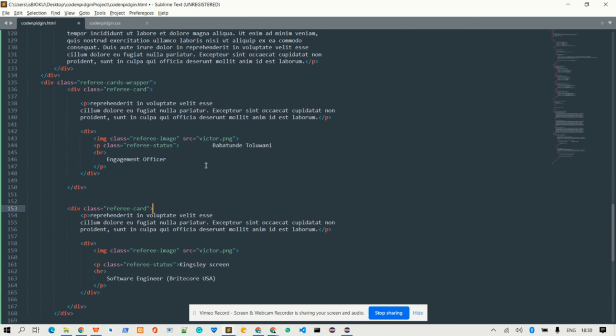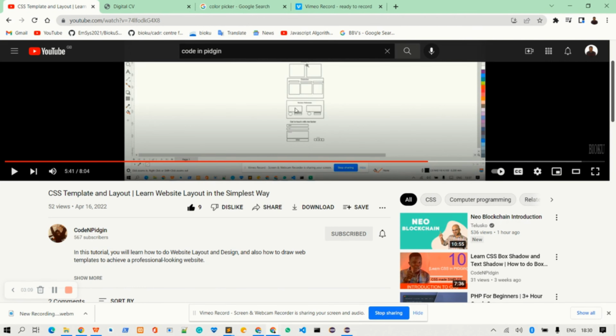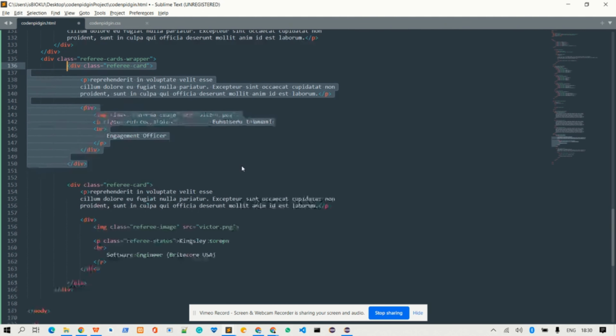So my referee section, as it is like this, I have my general referee card wrapper. Now inside my referee card, because I just want to represent two referees, I will have two boxes which are the two referees. So if I switch to this layout now, you see that I have one referee here, and another referee here, right? So inside this wrapper I have one referee box, then I have the second